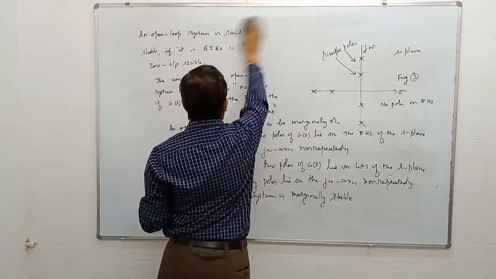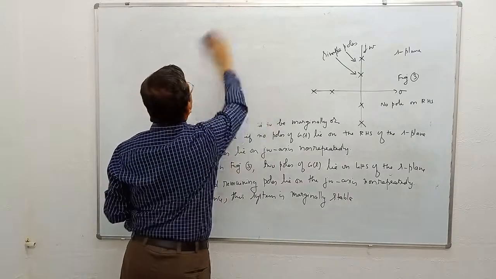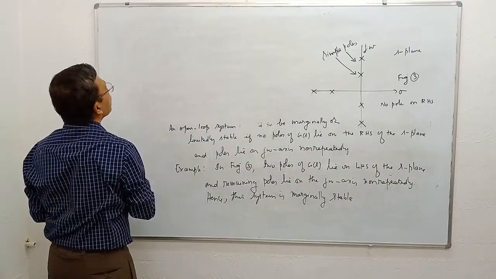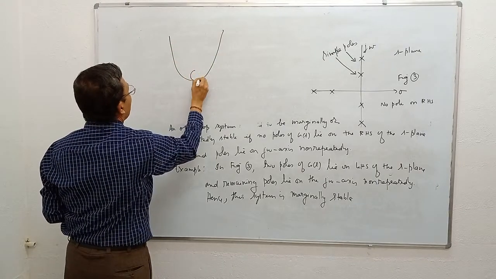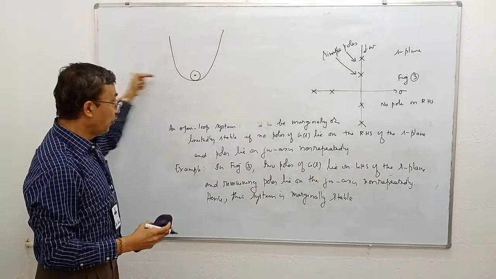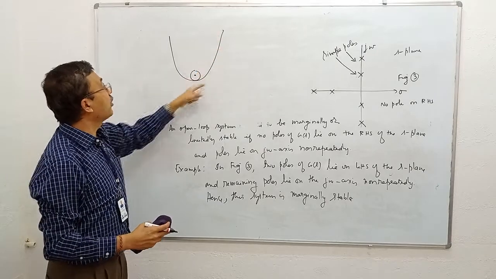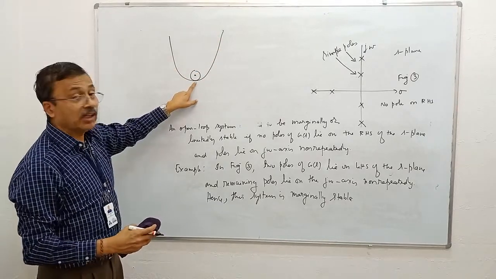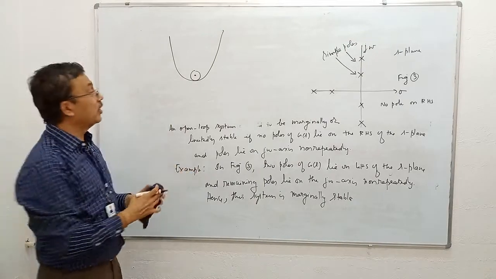I'll give a physical example now. See, we have a valley. Inside this valley, we have kept a ball. You give a push to the ball, that means the input is finite. The ball will oscillate up and down because of the friction of the walls. It will come back to the equilibrium position. That means the ball is said to be stable.